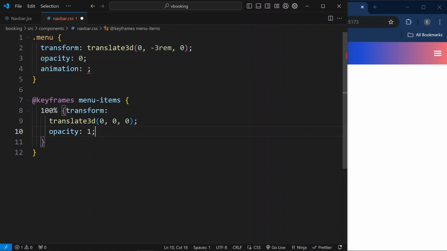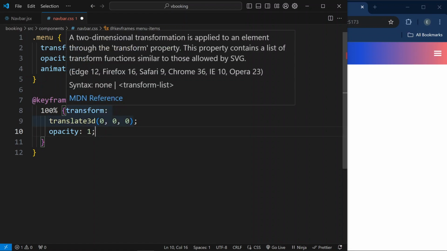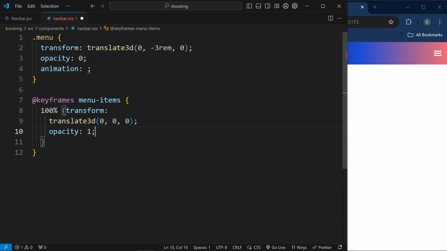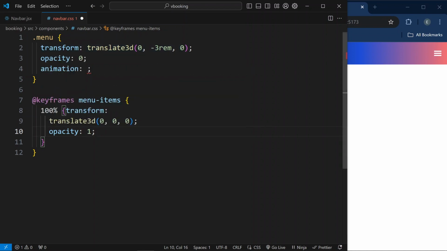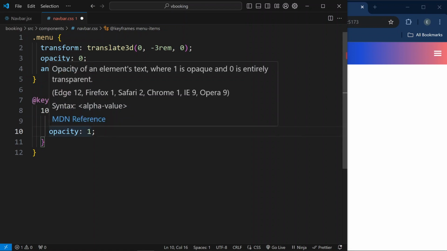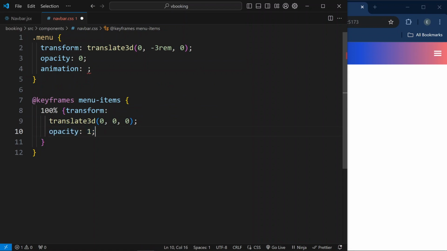But when our transition will go to 100%, our site nav will go back to its original position like it is before when we applying our transitions. And same for our opacity. By default we give it 0, so our menu will not show, but when our transition will go to 100%, our opacity will be 1, meaning our site nav will display here. Okay,